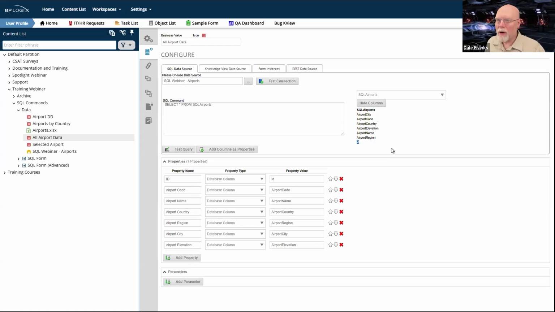ID is one of those tricky names to use when it comes to databases. So tricky, in fact, that on a form, Process Director is not going to let you name a form field just ID. It's going to reserve that because that's a SQL reserved term.